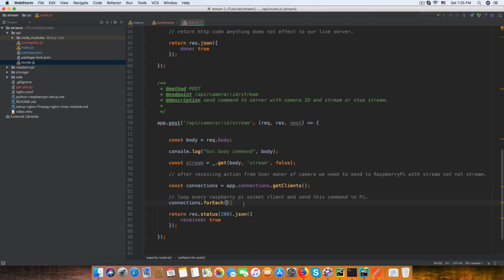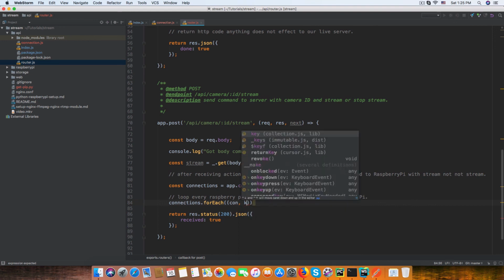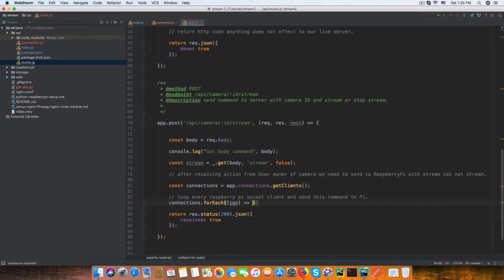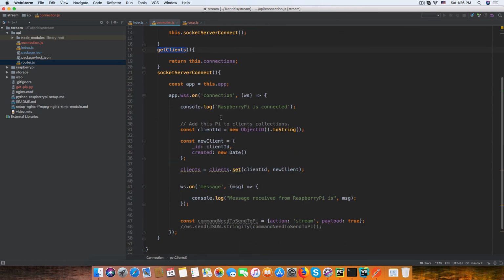So the first thing should be value, which should be connection, and key, the next parameter is the key, but we don't need the key. Right, for now let's do it by connection, and right here I've got a problem when connection is a connect, and